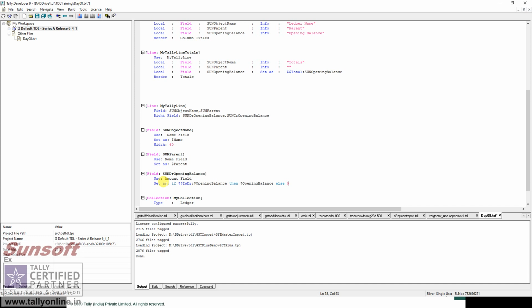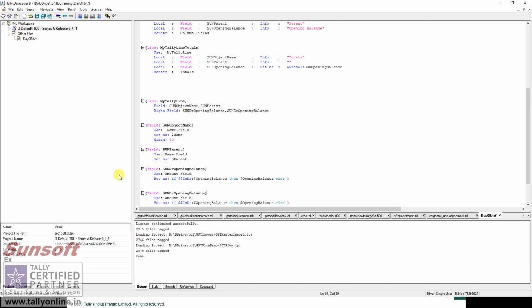Those familiar with programming must know the if condition. Now in if, after if we put a condition. So in this case I am putting a condition that if this value is debit, then you print the opening balance. If it is credit, that means if it is not debit, it is a credit side, then you don't print it here. So let me copy it here and I say CR opening balance. So I just do that if it is a debit side, then it is 0, and else it is the opening balance.